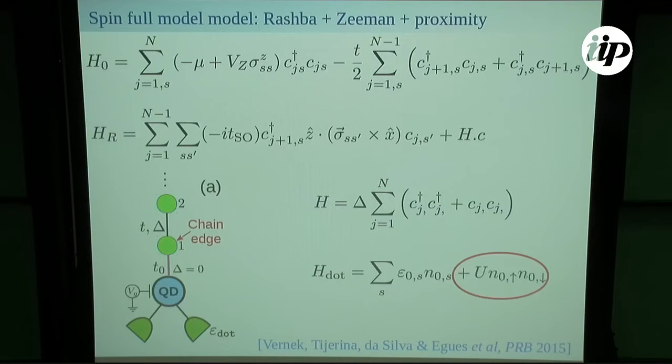In order to address the Kondo effect, I need to have two spins, because the basic ingredient for the Kondo effect is a localized magnetic moment, and time reversal symmetry. It's not really destroyed immediately by time reversal symmetry breaking. There is a crossover, but in principle, a spin has to be able to fluctuate. With a small magnetic field, you still have Kondo, even though the time reversal is broken. So here is the full model, in the sense you have a tight-binding chain with a Zeeman effect and spin-orbit coupling, and so this,